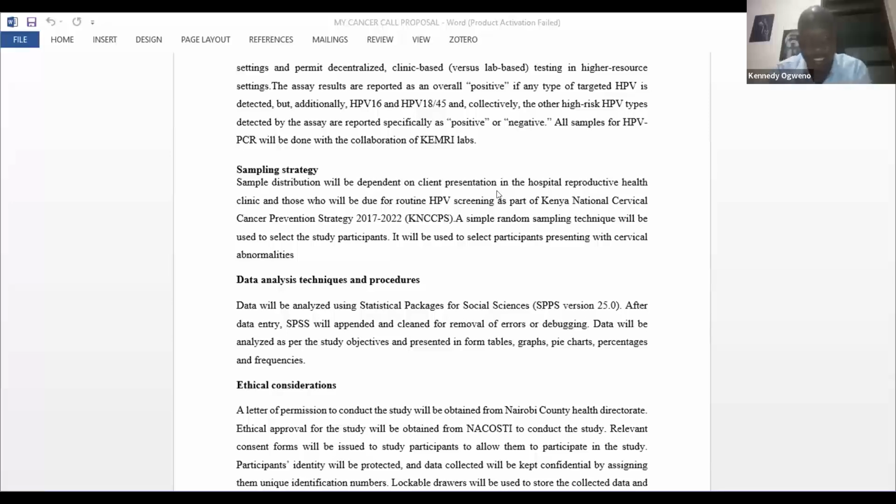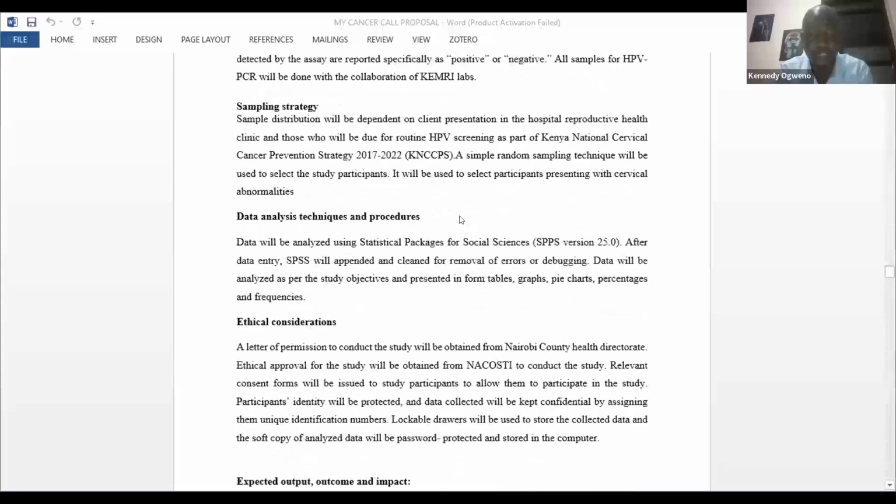There are some of the nice things within the research field. Ethical considerations. So these are some of the ethics approvals or letters that you get from the ERC. We have NACOSTI as well, as the body. Of course, you will get letters from the place where you're going to conduct your research. Of course, you'll be cleared. If it's in a hospital setup, you'll be cleared by the management. So these are some of the ethical considerations that you need to do.